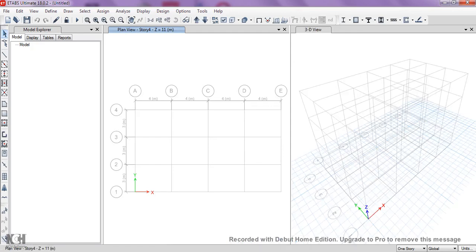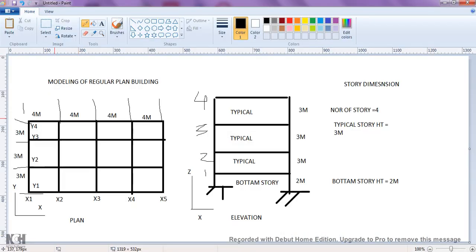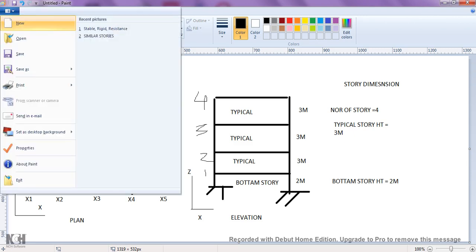So there are 2 windows now. One is the plan view window, another one is the 3D view window. So before constructing that building, the first thing I need to know is which material is available. That is, whether concrete is available, steel material is available, and what is its grade. Those things are required. So my next step would be like